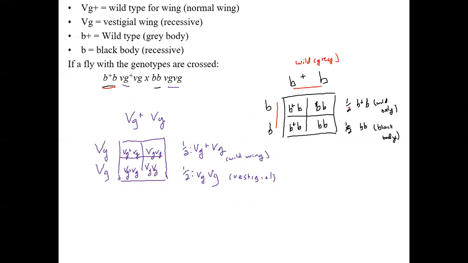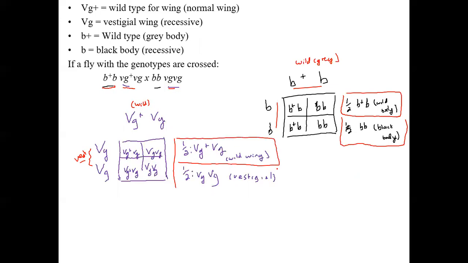These are the results: 1/2 would be wild, and 1/2 would be black body. I did the same thing over here with vestigial. This would be wild type, so wild wing size, and then this would be your vestigial. I did those as monohybrids, and then it becomes a simple